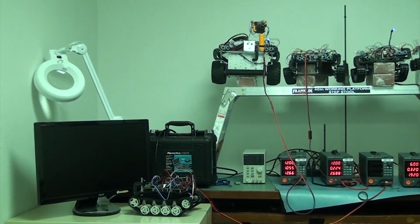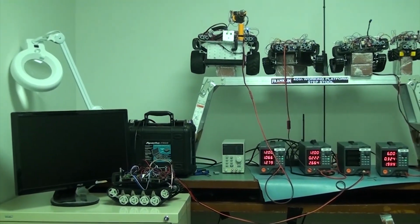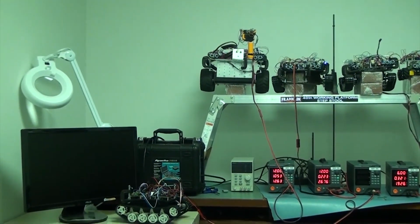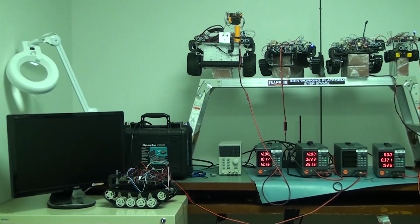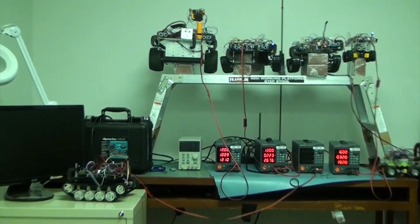And as we know, for example, current is related to torque, and although this is a bench test, this is good to know before you set it on the ground. In that case, you have a battery and you won't be able to monitor the current, but we have ways to do that too. Okay, so what I'm going to do is zoom into the power supply,